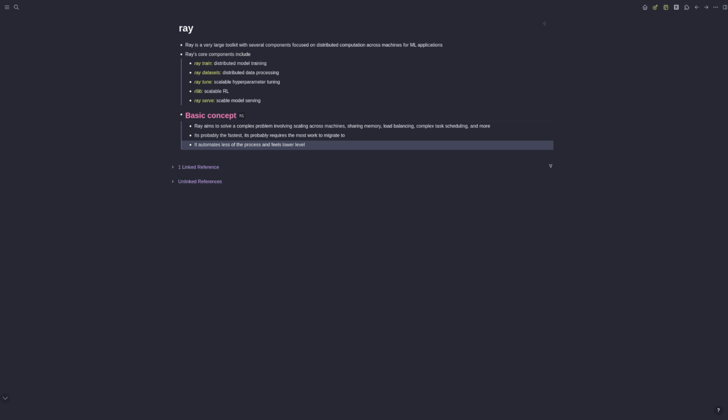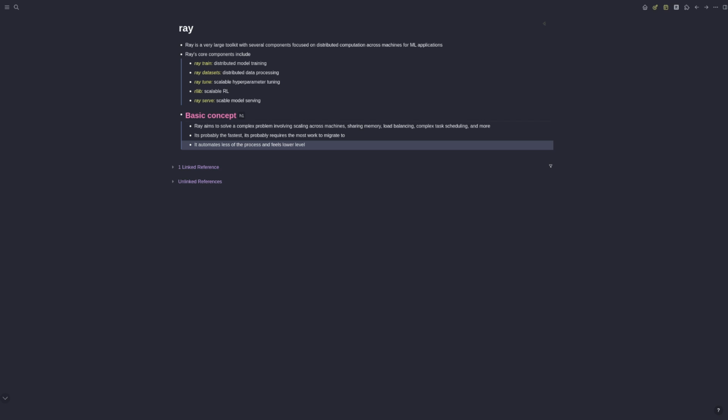And sometimes, with Ray, my attitude seems to be it's just going to do whatever you need it to do. And I should say it's not too complicated. I mean, it's not the most complicated thing I've ever seen. It's just not as simple as, import dask.dataframe as dd. It's a little bit more than that. However,